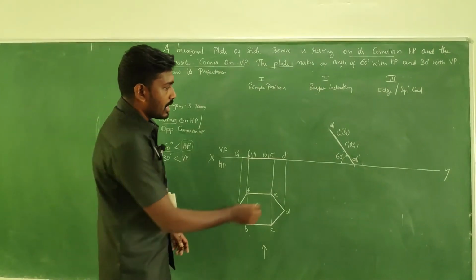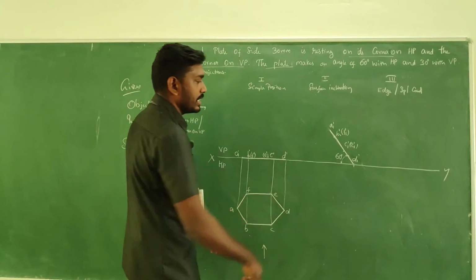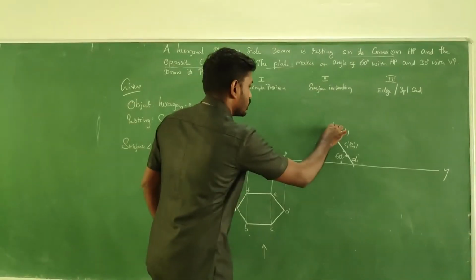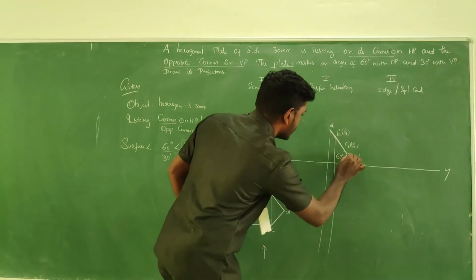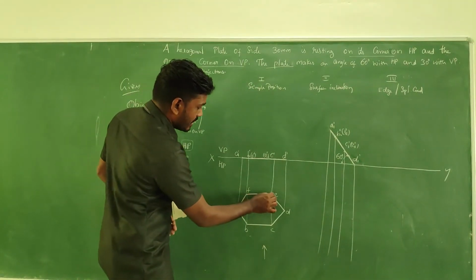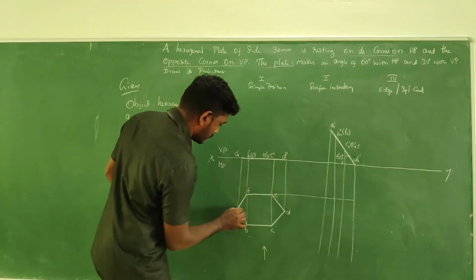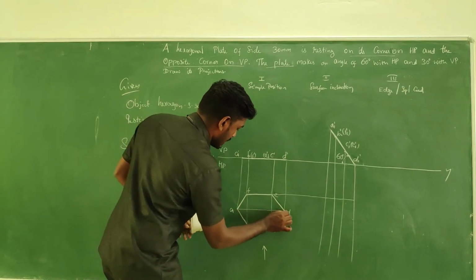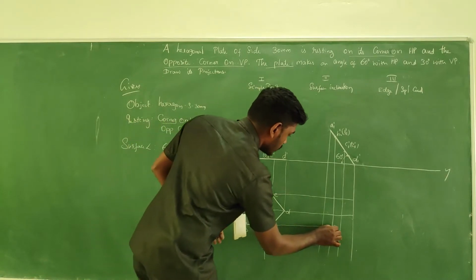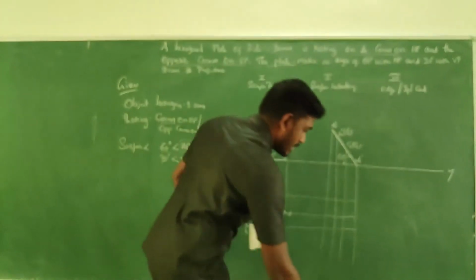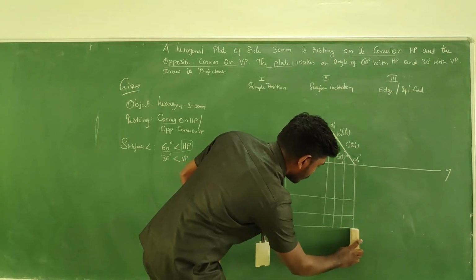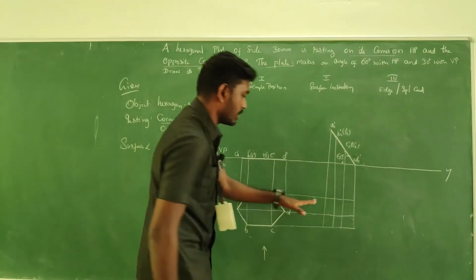Dark one. After that, find the top view for this surface inclination. So take the vertical projectors from each point. It should be a very good vertical line. And from the previous stage, take the horizontal projectors from each and every point. A and D will be on the same line, and B and C will be on the same projector line. As well, F and E will be on the same projector lines. So observe, the final construction lines of the projectors will be like this.